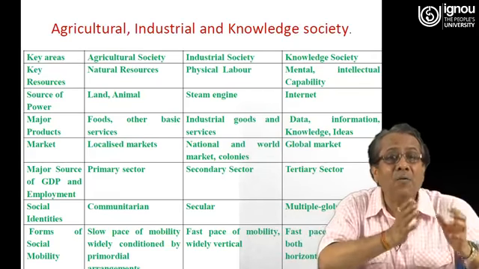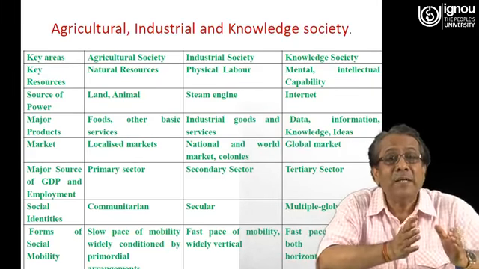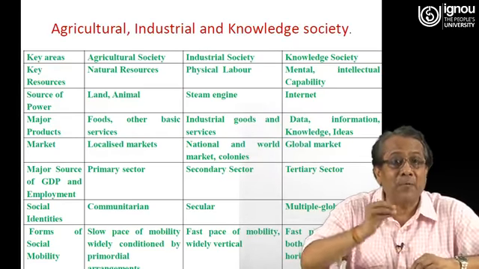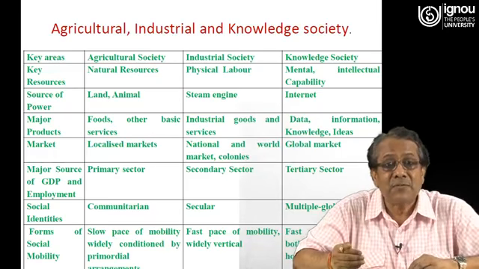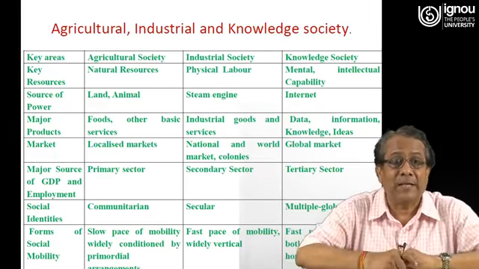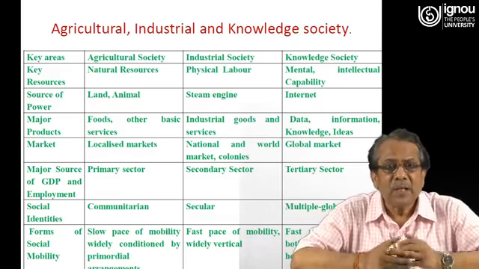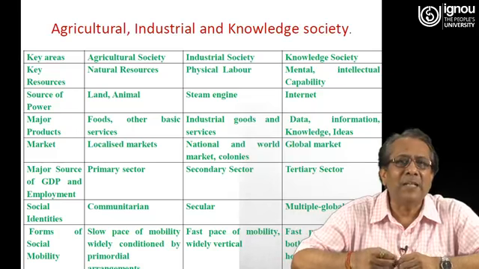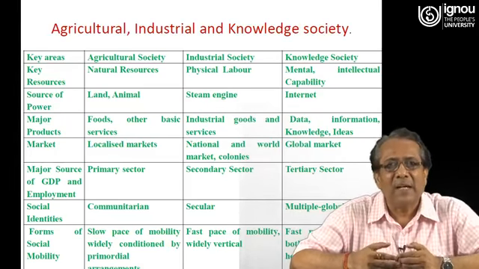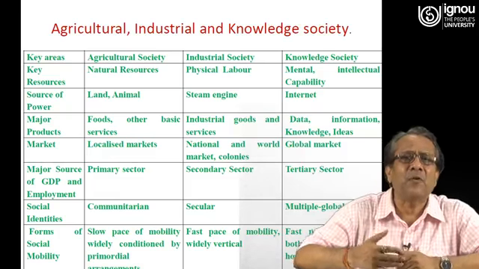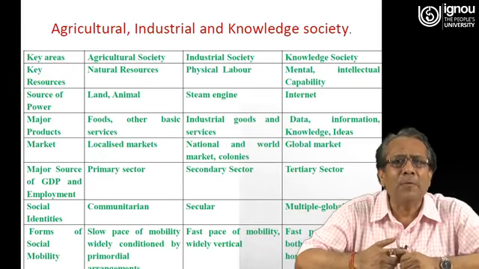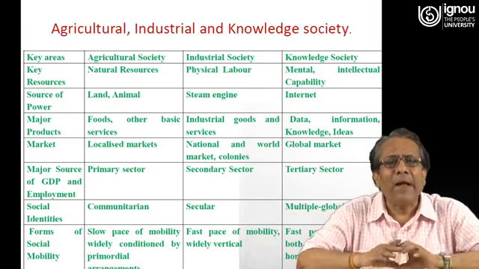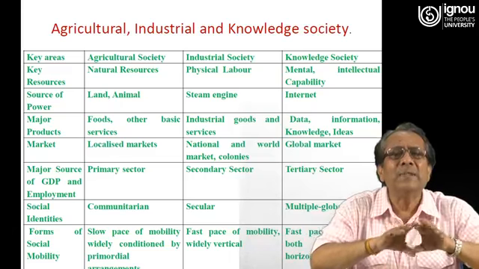So, see how these three types of society gradually shifted in terms of their own kind of production. That is, agricultural society has one variety of product, industrial society has another variety, and the knowledge society has yet another. Now, what about the expansion of the market? Agricultural society is widely guided by the localized market. It is the local product. But the industrial society has maybe gone up to the national level, and many times it is the world market, it has gone to the colonial market. It is widely guided by the whole framework of nationalism and the national market.